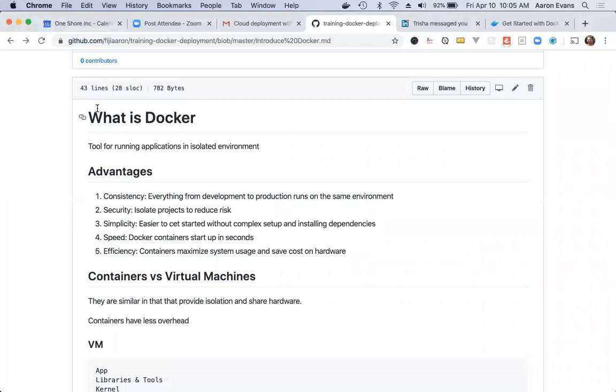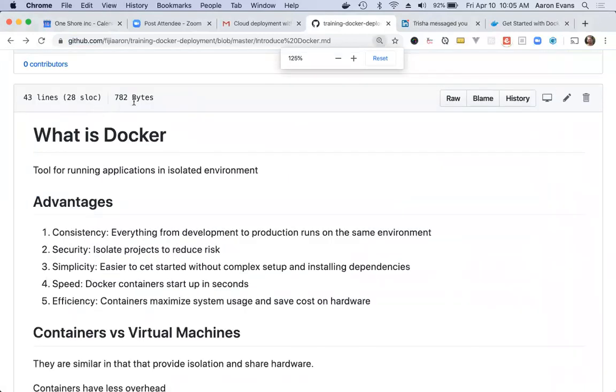All right, what is Docker? Let me make the font a little bit bigger. There, that's a little bit better. It's a tool for running applications in an isolated environment. And by an isolated environment, I mean a Docker container. Docker is a tool that's based on keeping everything out of the kernel. So